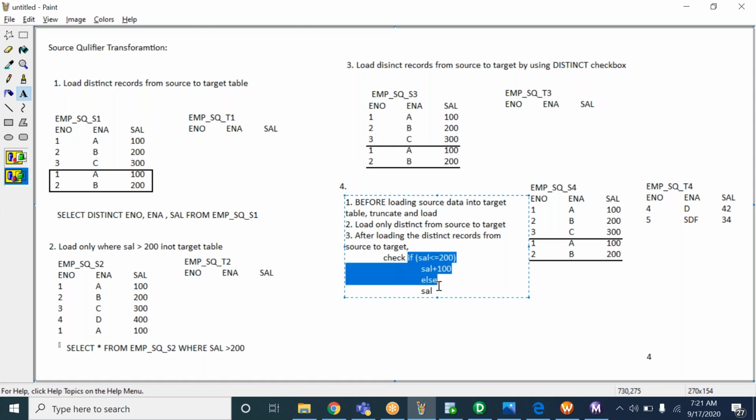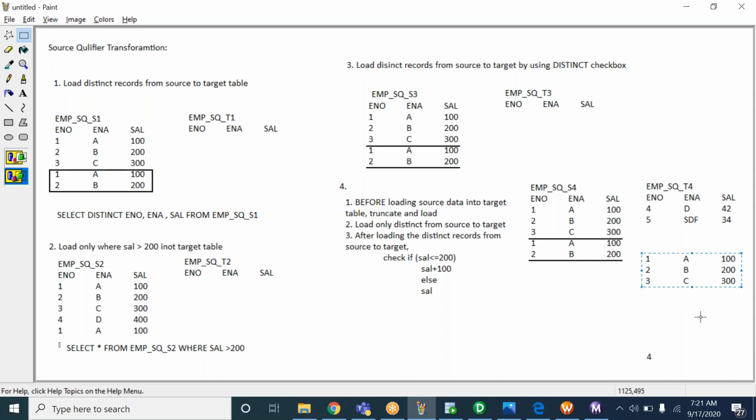So we have to implement if-else. We have truncated and selected the distinct records. These three are the distinct records, and we have loaded these three distinct records. After loading them, each and every employee's salary we have to check. What is the salary for the first employee? 100. So what is this condition we have written here?